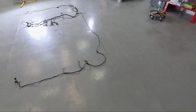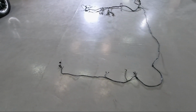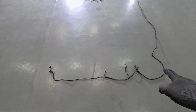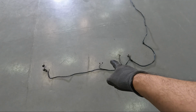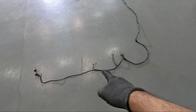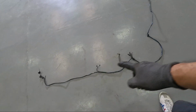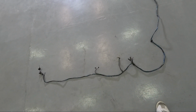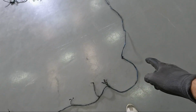So that's the wiring harness out of the car, and I'll probably get this a bit wrong, but just for the sake of memory, starting from the back: the rear lights, the ground that's to the right hand bolt of the fuel tank, and a couple of spades that go to the fuel tank sender unit. The cable then runs across the top of the gas tank